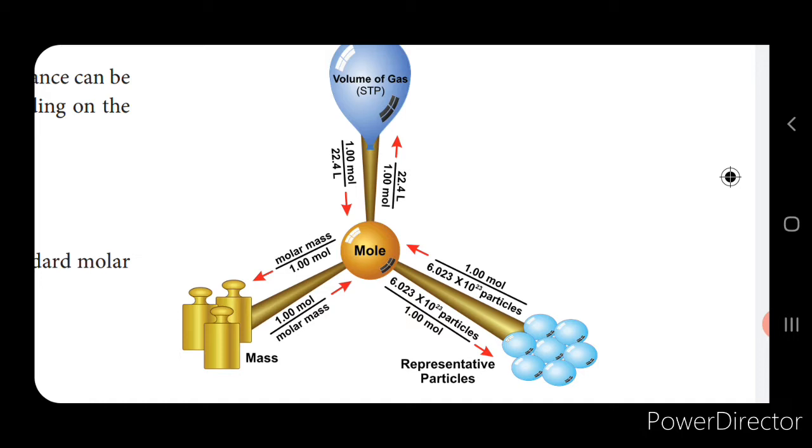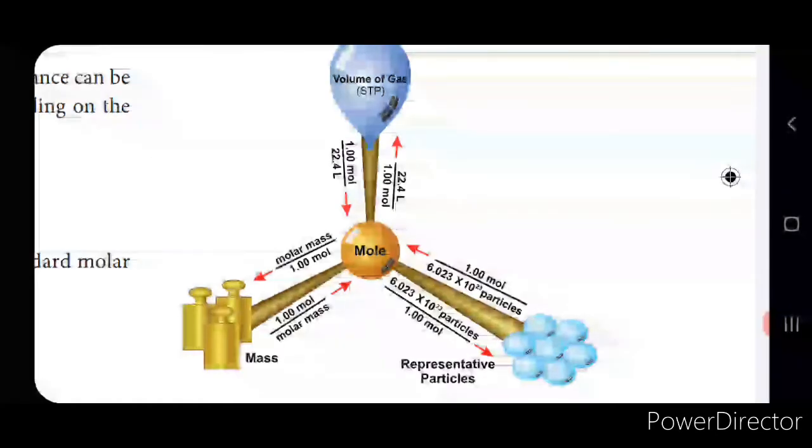Now, if I have the atom and I have to find out the number of moles, I can use this formula, that is given mass divided by atomic mass. Why? Because I take the atom. For example, the number of moles that is present in 23 grams of sodium atom. Since an atom is given, I can calculate the number of moles using this formula, that is given mass divided by atomic mass.